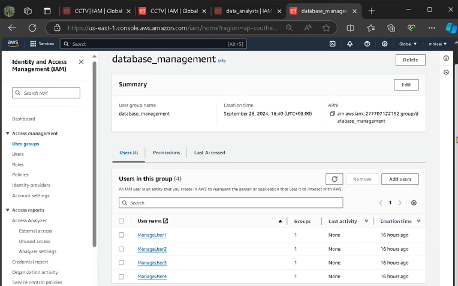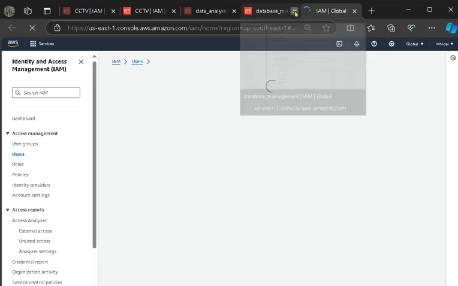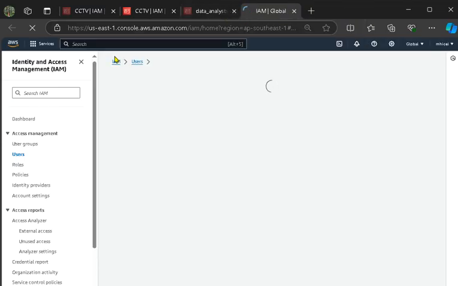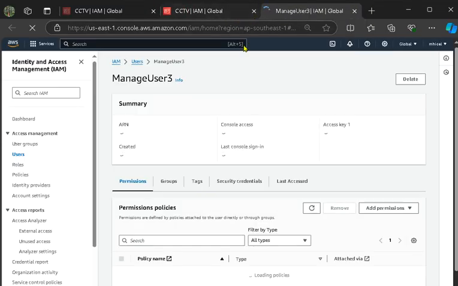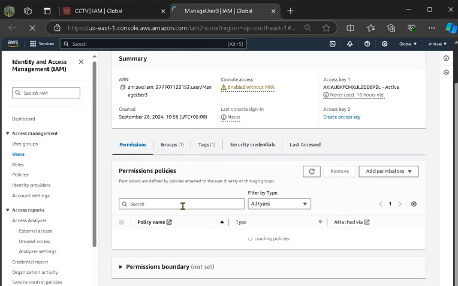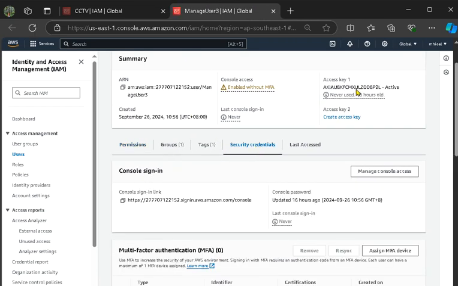So let me log in as the data management user 3. As you can see here, the access key is already active, already created using CLI.